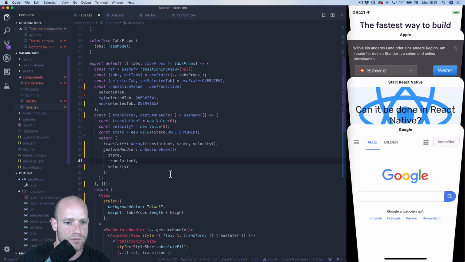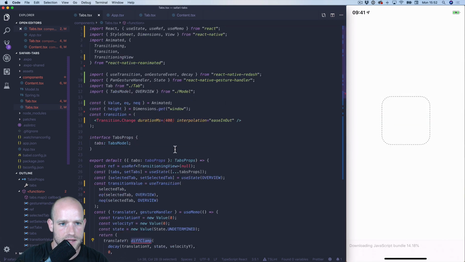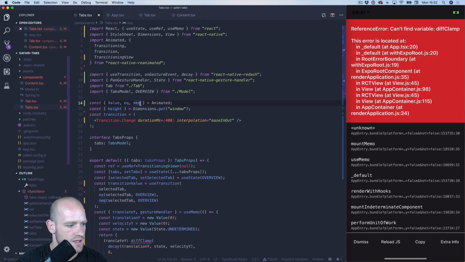translation y 0. So first of all, we are going to add some limits using diff clamp, and we go from 0 to minus tab length, how many tabs we have, times, so we know we have 150 pixels per tab. Let's try that. We can change it later. We need to import diff clamp,